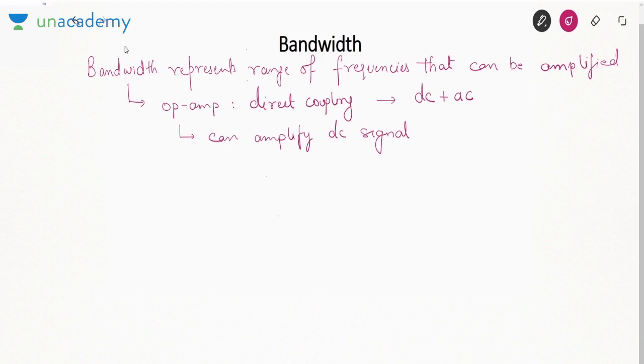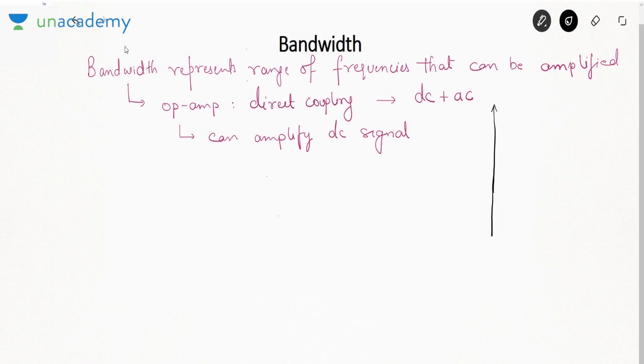Remember, initially I was telling you, if we use a capacitor between the two stages, then DC will not be able to pass. So whenever you are using a coupling capacitor, you cannot amplify DC. If you want to amplify DC, you have to make use of direct coupling. If Opamp can amplify DC signal also,